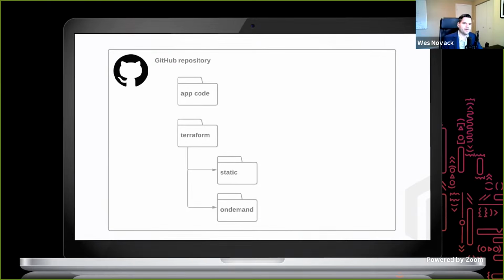After talking about Terraform, there are two other files in our repositories that I absolutely have to mention that are key to our continuous delivery pipelines. That is a make file and a .gitlab-ci.yaml file. The make file I'm going to talk about more in a few of the subsequent slides.